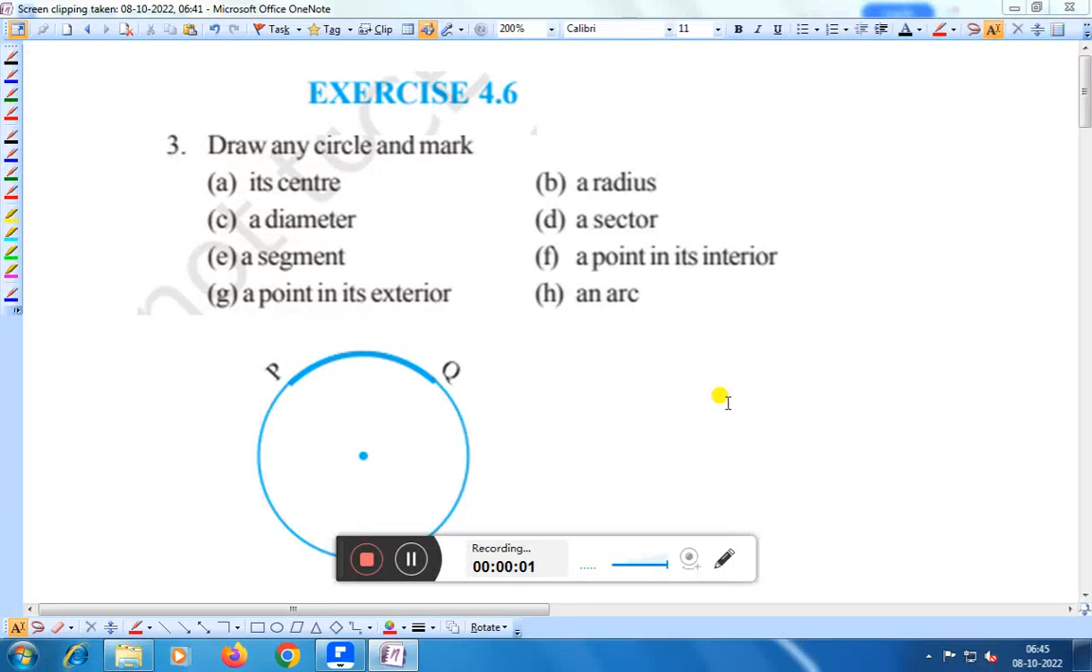Hello everyone. Today we shall discuss exercise 4.6 question number 3. Draw any circle and mark A its center, B a radius, C a diameter, D a sector, E a segment, F a point in its interior, G a point in its exterior and an arc. Suppose question number A, you have to denote